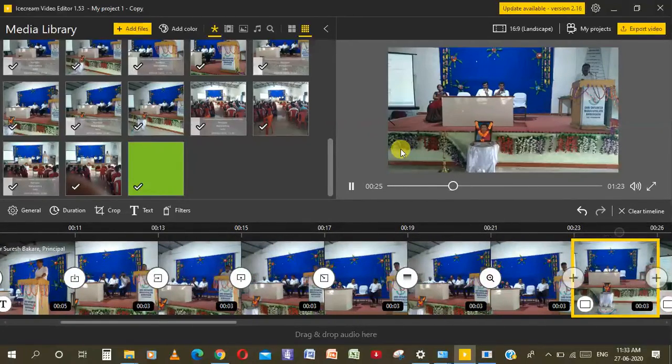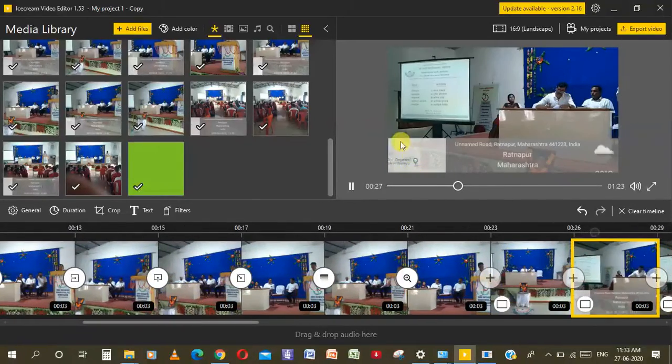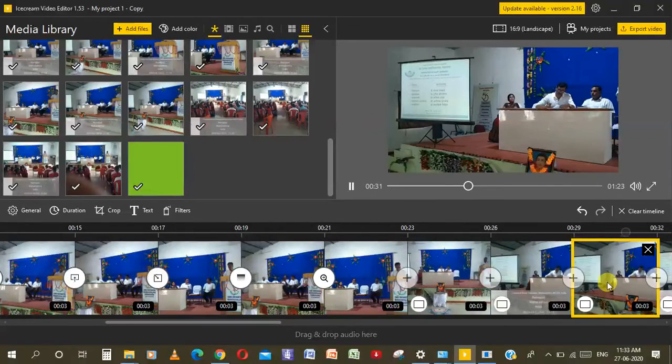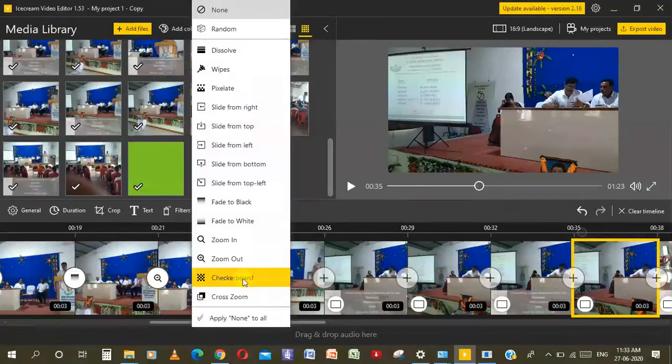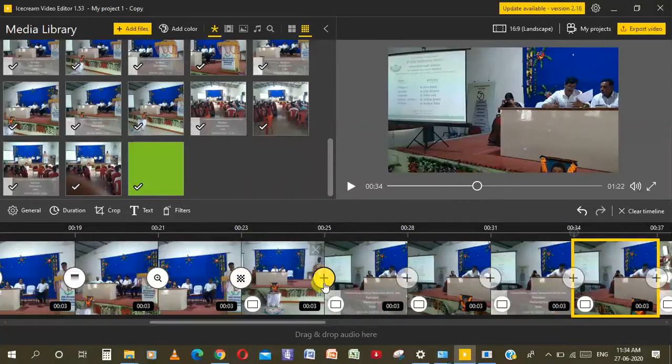Now here we didn't give any command to these plus signs, so the images are sliding without any effect. You can give the effect by clicking the plus symbol, and you can go for whatever you want from this menu list.